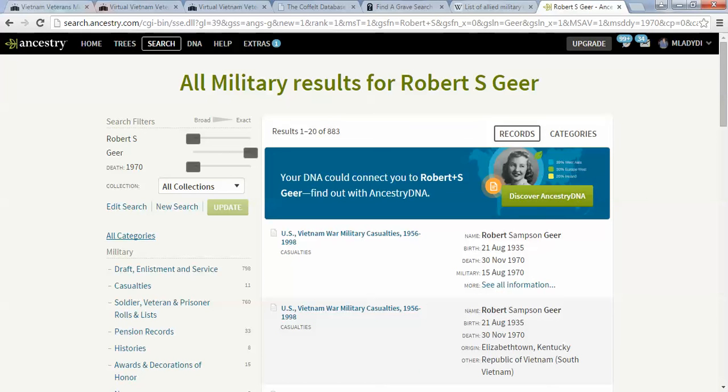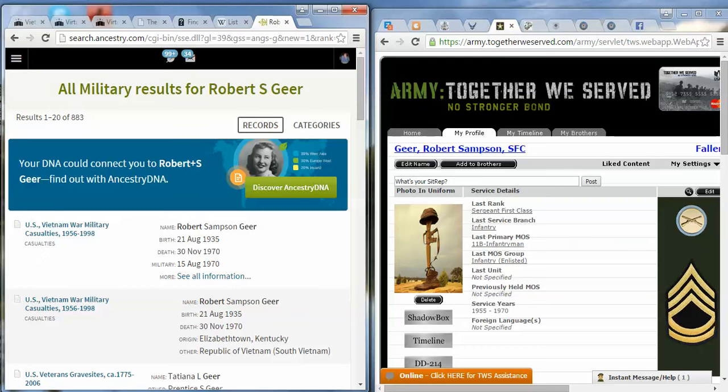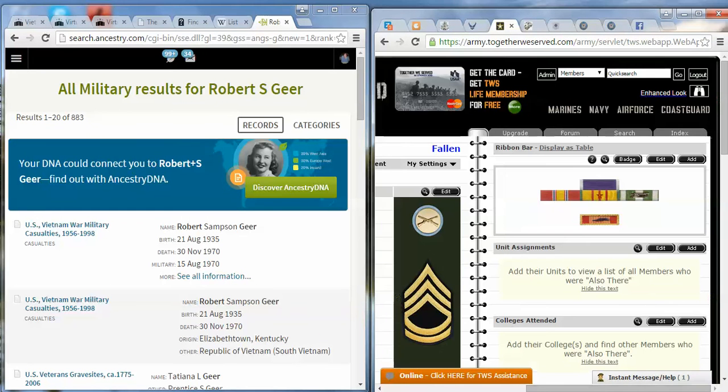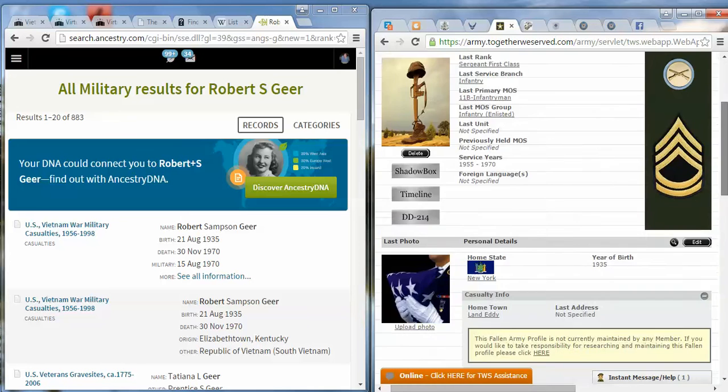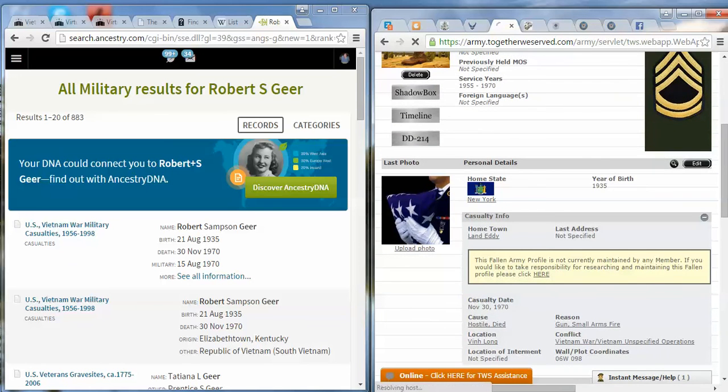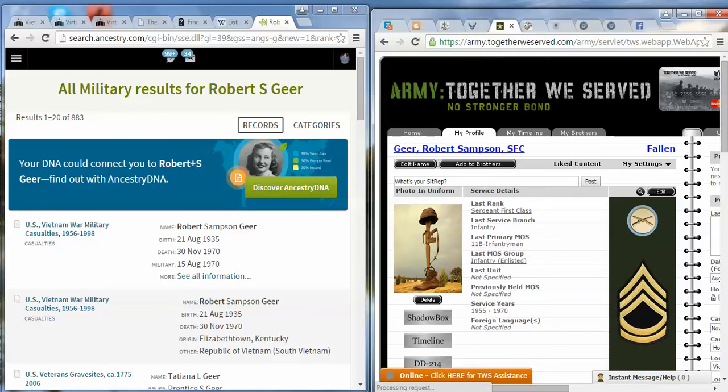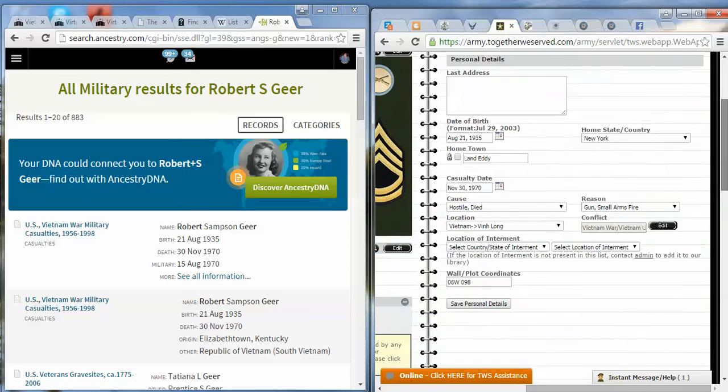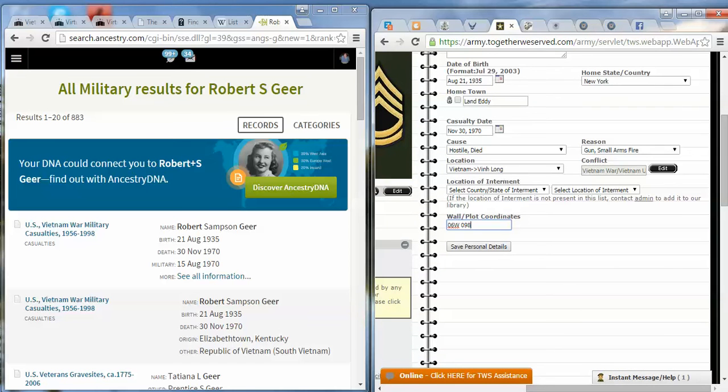So, if you cannot find where he was buried, click Edit, and next to Plot Coordinates, put Burial Unknown.